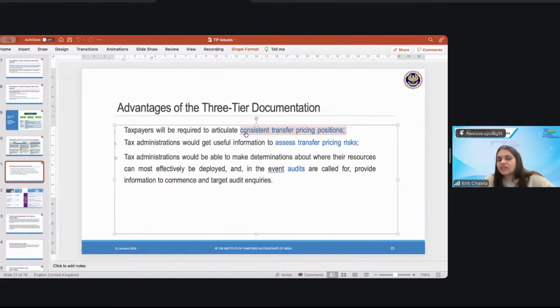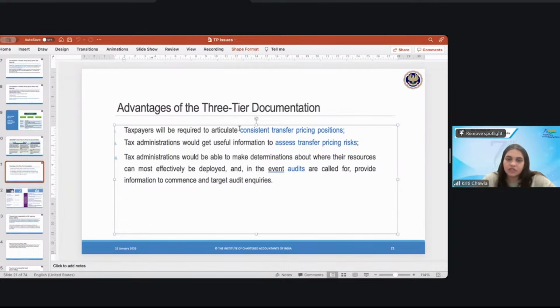Okay, so what they're really trying to do is make sure that whatever is provided in the China local file is consistent with what the CbCR says. So there is a consistent transfer pricing position. Then tax administrations would get useful information to assess transfer pricing risk, because everything is provided there. If any discrepancy is noticed, it can be taken care of,